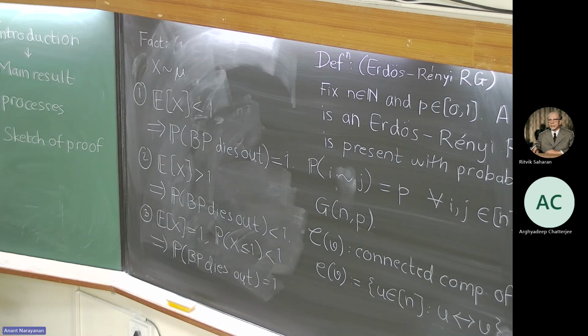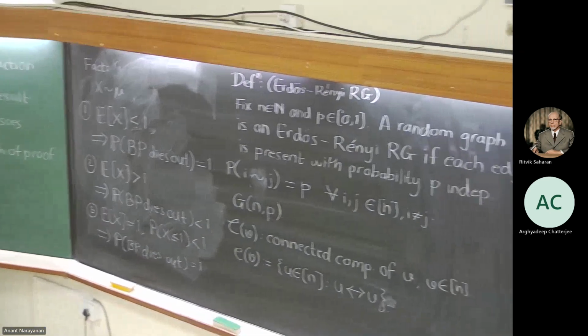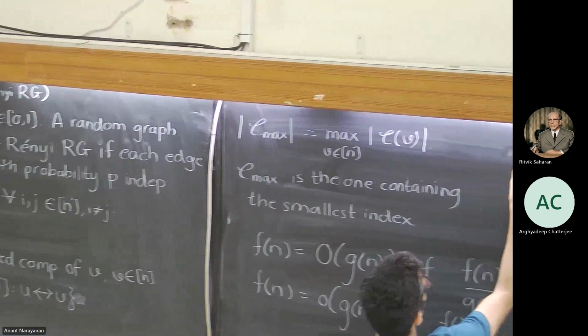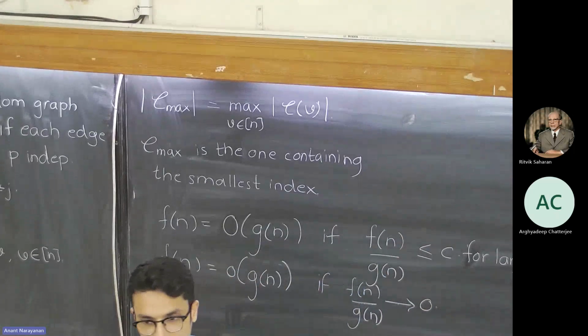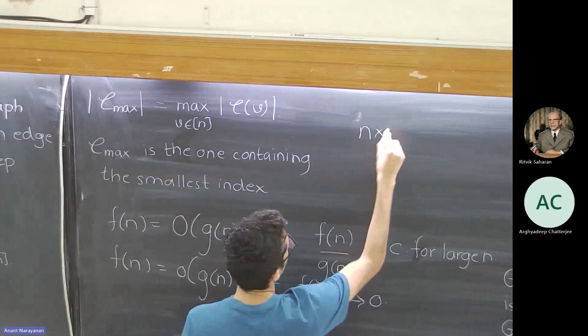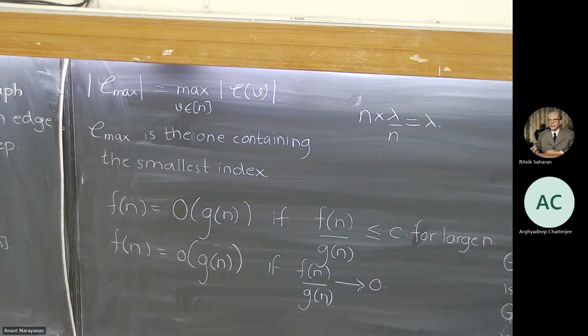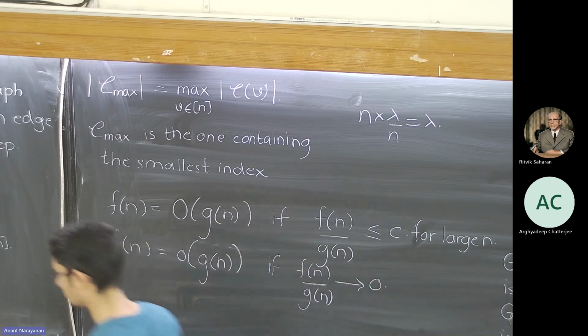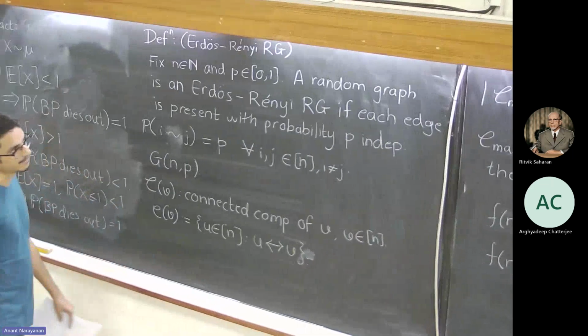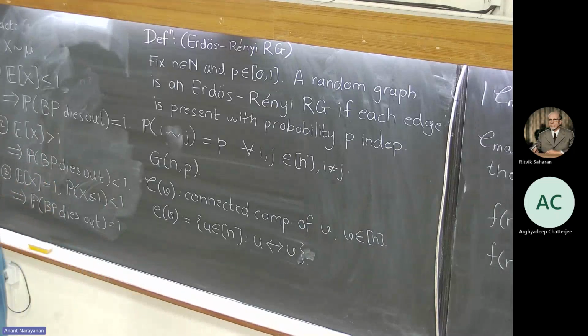So now try to compare over here. Note that the average degree, which is in some sense the average number of neighbors, turns out to be n times lambda by n, which is lambda. Look at the conditions on lambda over here. Lambda less than 1 shows some particular behavior, and lambda greater than 1 shows some other behavior, which, as I told you, utilizes other techniques. So this prompts you to look at branching processes more carefully, and see if you can utilize them for random graphs, particularly Erdös and Rényi.